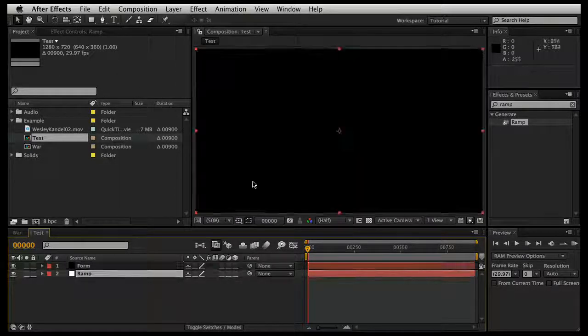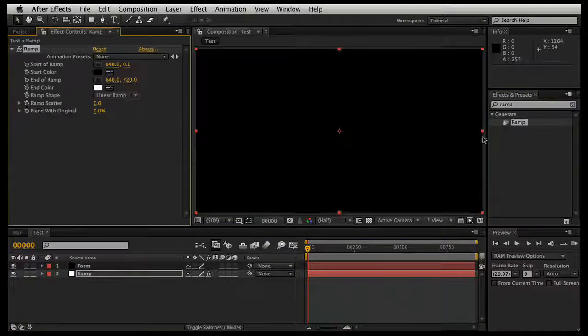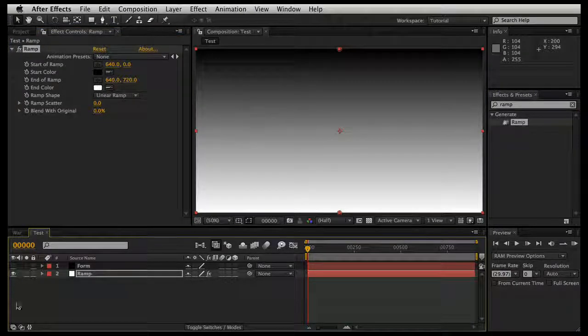And name this one Ramp. Okay. And I've already typed in ramp in Effects and Presets, so we can just double click on ramp and add it. We'll make this invisible here. And as you can see on the ramp layer, we've added a ramp or a gradient for you graphic designers out there. I still call it a gradient. Anyway,